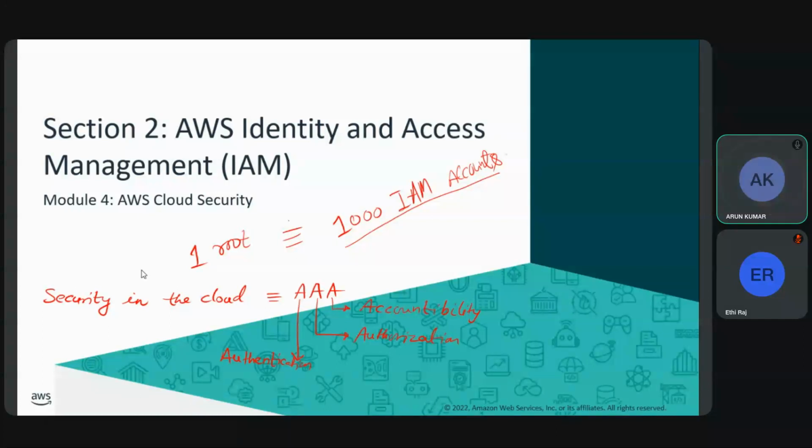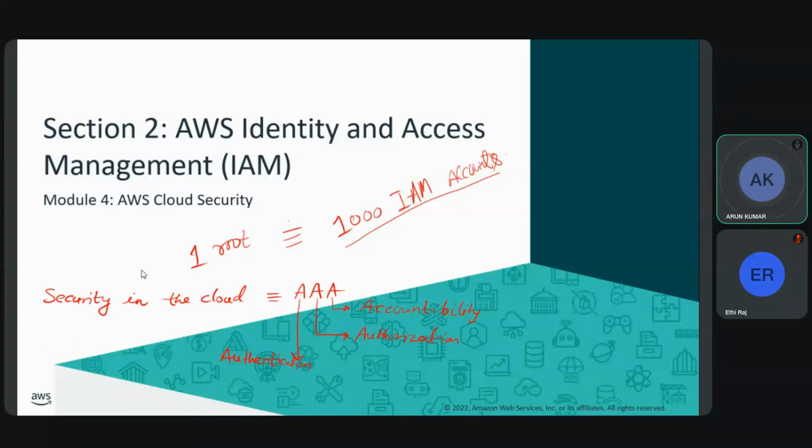And then the last one is accountability, which deals with accounting for each and every action the user has performed. Whether the user is authenticated, whether the user is authorized, that is fine, but what kind of activity was done by the user, when was it done and where was it done? That creates a log, so it comes under logging and monitoring. So these AAA help to boost security, where at the very first instant you authenticate, then you authorize, and then you track, or trail. These are the key factors of